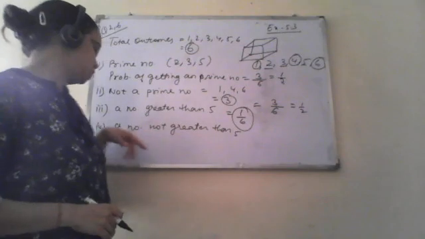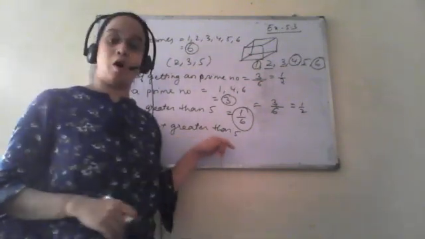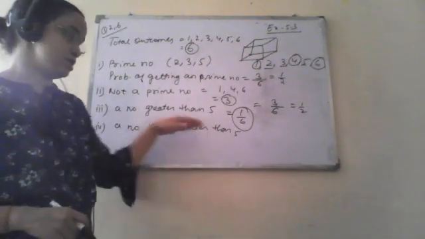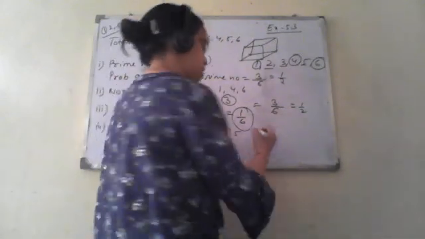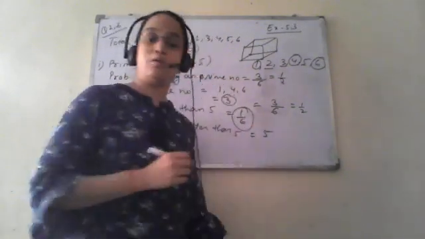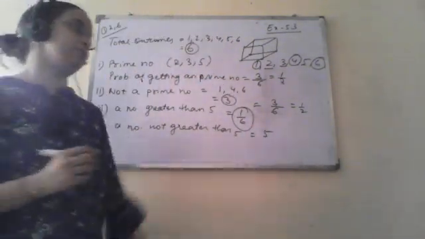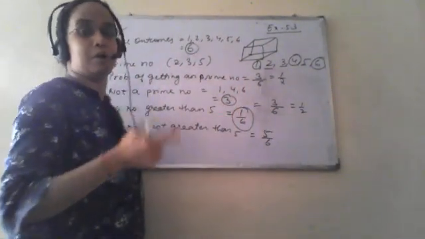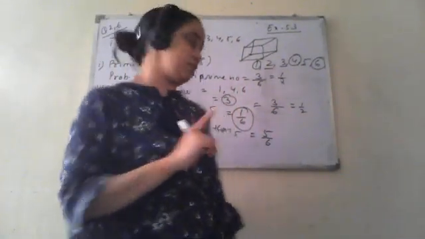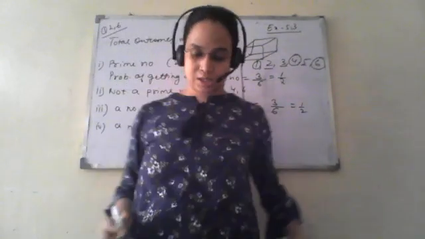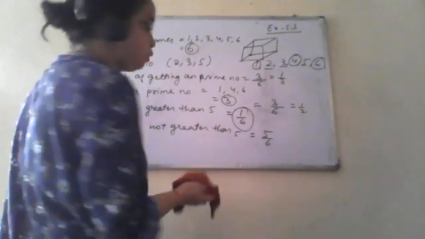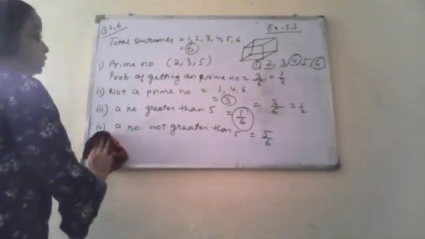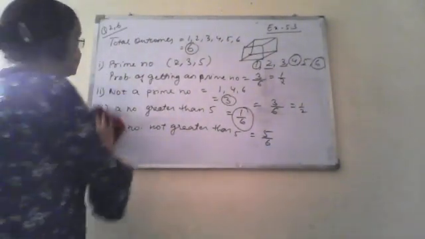Okay, so the number of outcomes related to this event, that is the number should not be greater than 5, is 5, and when we have to calculate its probability, this number will be divided by 6. So the probability of getting a number which is not greater than 5 is 5 upon 6. Clear? So this is your question number 2 and question number 6. I hope this is clear.